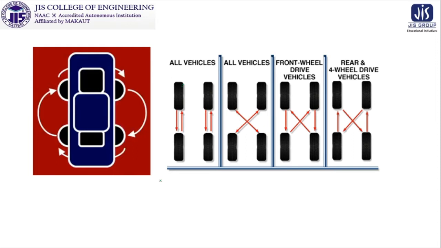This is nothing but the tire rotation of various cars and vehicles with some changes, with some notations so that we can follow. The question is, whenever this instruction is there, we are following it. But why are we following it? What is the benefit of this? We have to think about that also. So this is one real life issue that we all know, but we have to think about what the mathematical connection between them is. Let us proceed further.